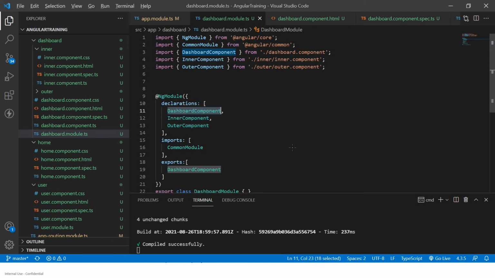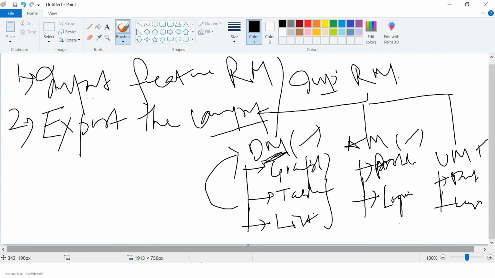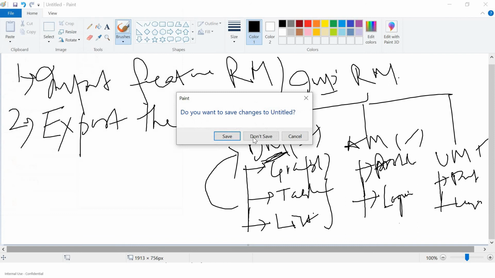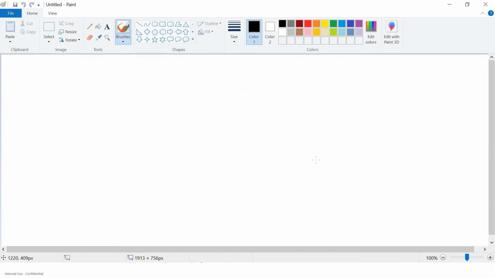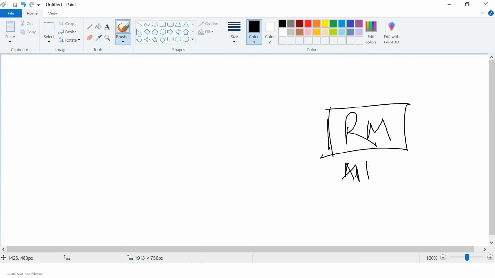If we come to the structure, let's clean it and start a small fresh thing. This is, let's say, the root module. That means app.module.ts is the root module. Don't get confused between route and root module.